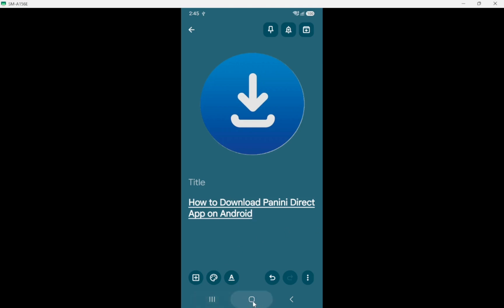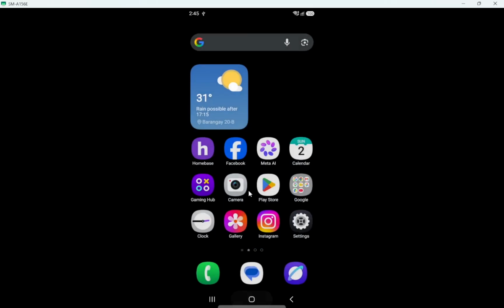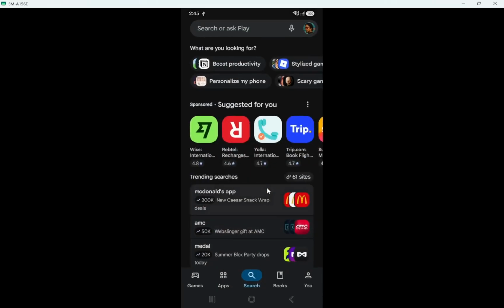First, open the Google Play Store on your Android phone. Look for the Play Store icon on your home screen or in your app drawer. It has a multicolored triangle on a white background. Once you tap it, the main Play Store screen will load, with a search bar at the top and different